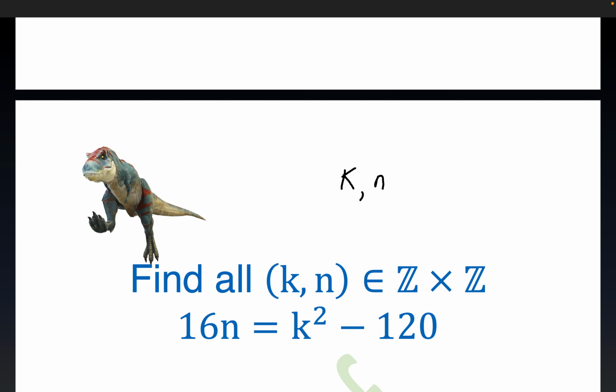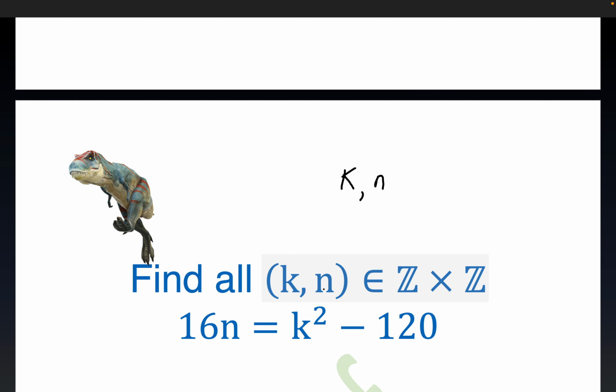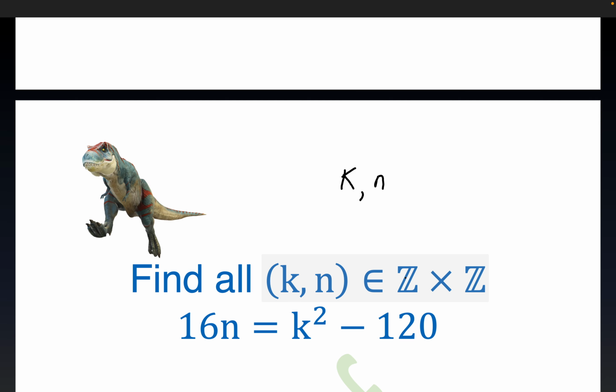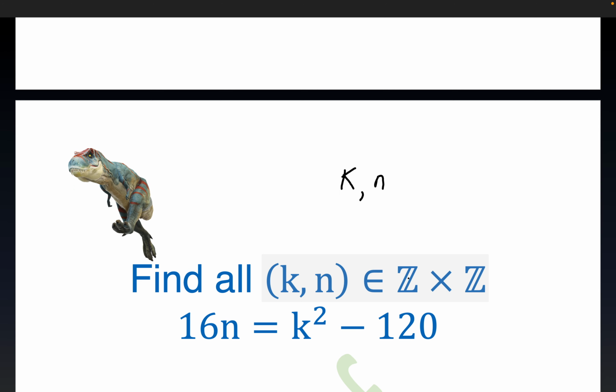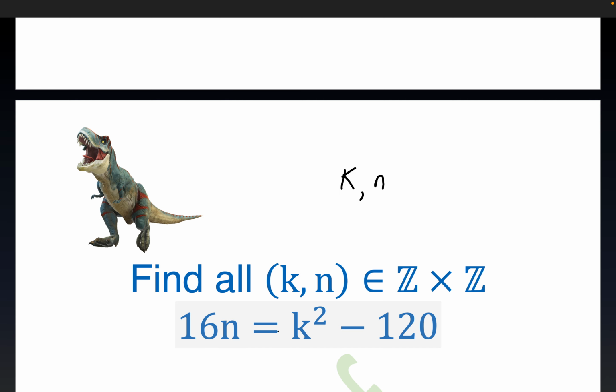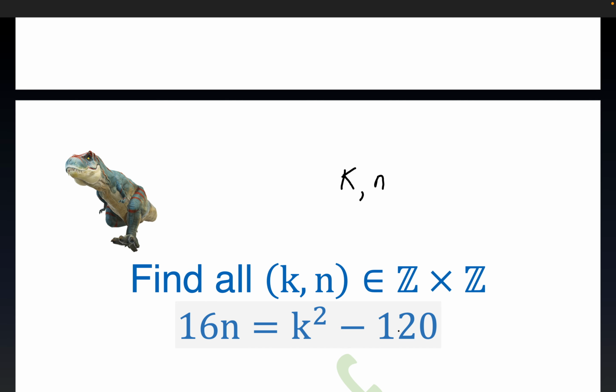But anyway, we're looking for all ordered pair integers k comma n. And you know, Z stands for the integers, the positive and negative, including zero integers. Find all of these that satisfy this condition: 16n is equal to k squared minus 120. Now, you can check quickly to see that